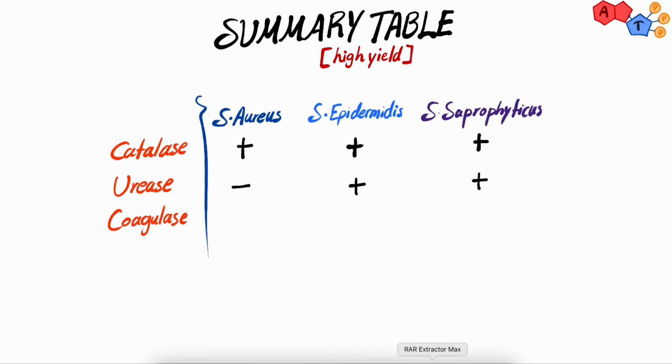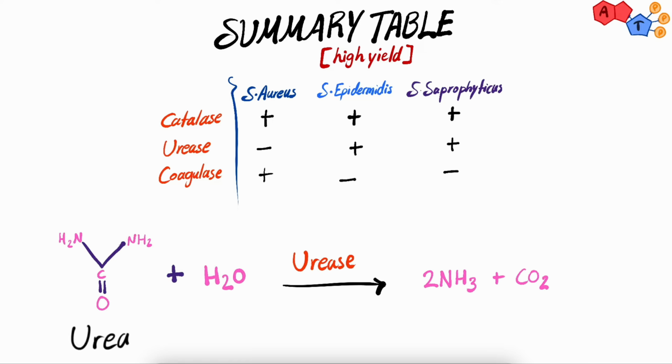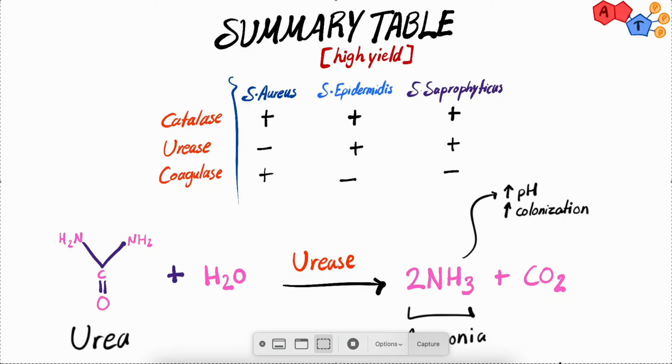I will explain the urease function in a moment. And only Staph aureus is coagulase positive, which we already talked about before in the video. Now for the urease, what it does is that it simply breaks down urea into ammonia. And then this ammonia would raise the pH around the bacteria, allowing it to survive longer and be able to colonize. Because this species of bacteria prefer an alkaline environment, the urease is considered as a virulence factor for it. And that's it for the first